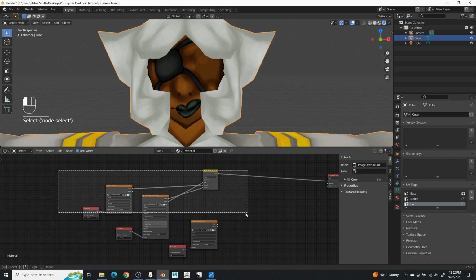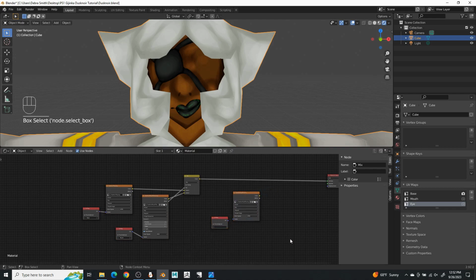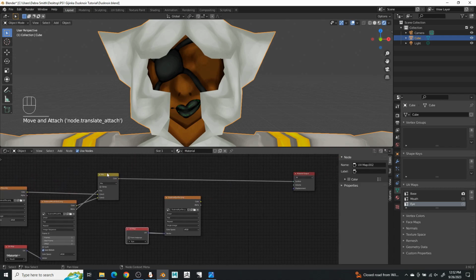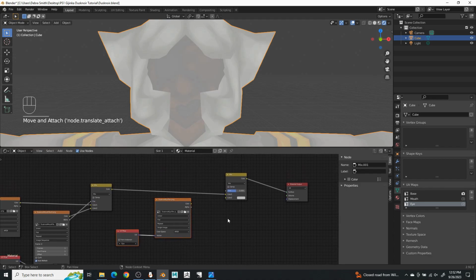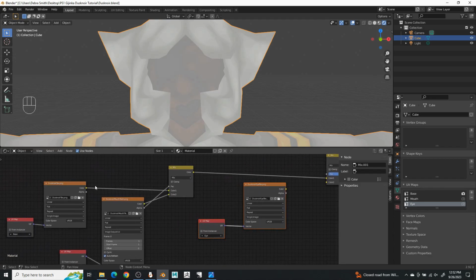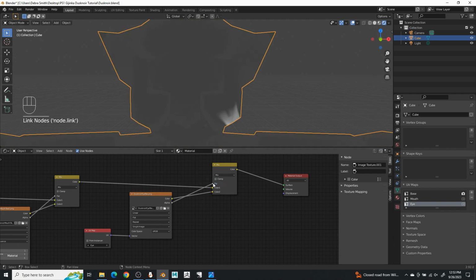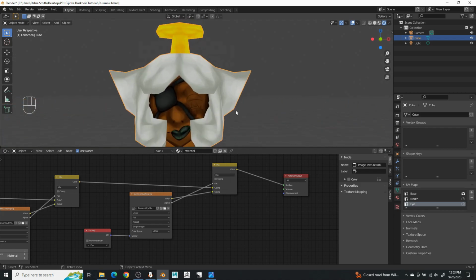Grab this whole chain. Grab this. Make sure to plug that into there. Change UV map into eye. Duplicate this. Make sure that the base goes into the top and the thing that you're adding on goes into the bottom, with the alpha plugging into the factor. Okay, so now we can see,